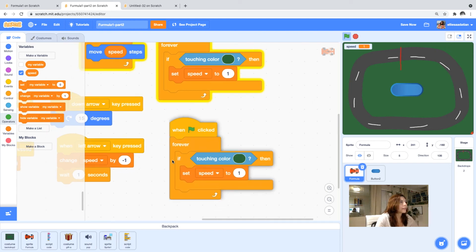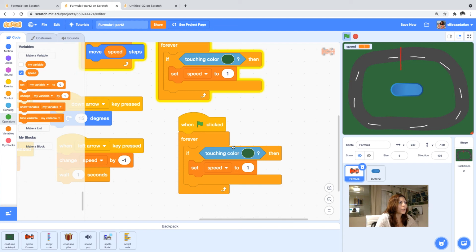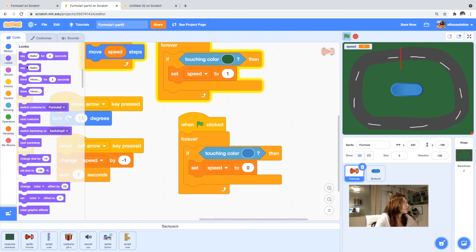Okay, this time I want to say when touching this color, at that time, set the speed maybe to 0. The car stops, and change the costume to next costume, or